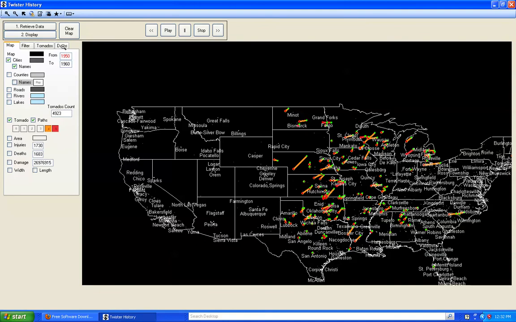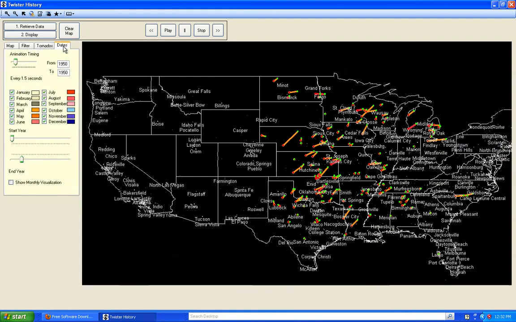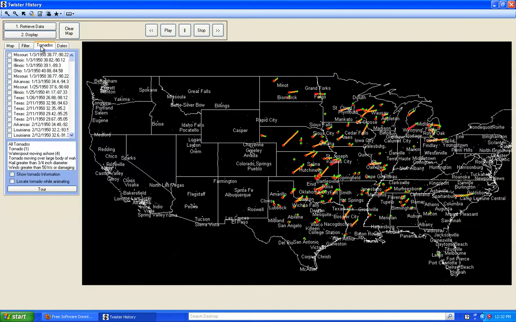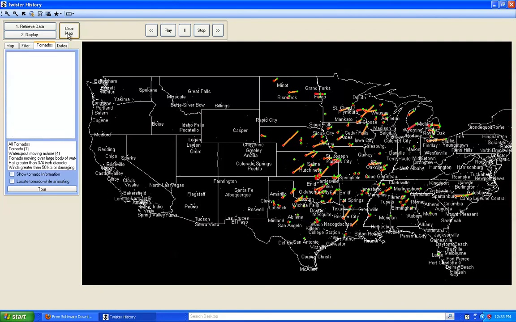If you wanted to see specific dates, there's a dates tab. So we can filter them, say that we only want to see things that happen between March and June. Affect the start year, as well as look at specific tornadoes. So we've got one in Missouri on 1/30/1950, all the way to the end of our list, which was New Jersey, 1960, November 29th. You could also show individual tornado information, locate the tornadoes, or if you clear the map,